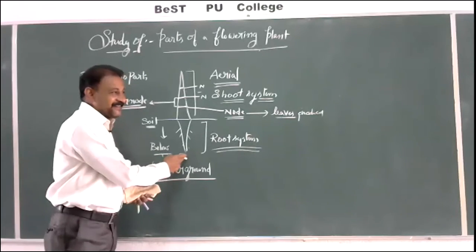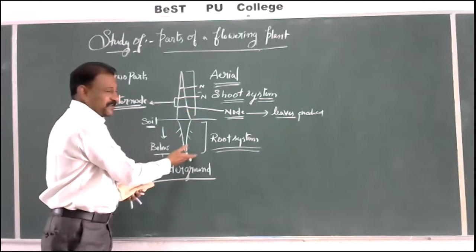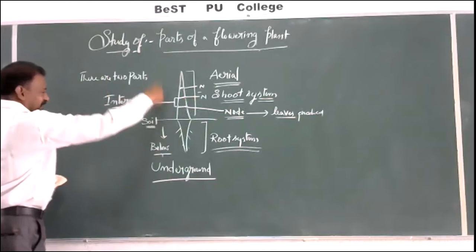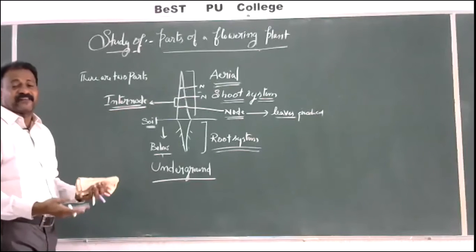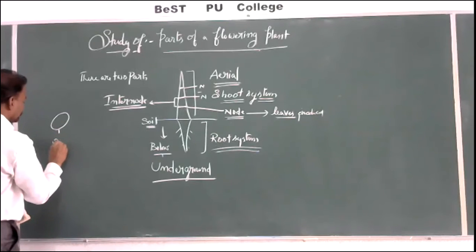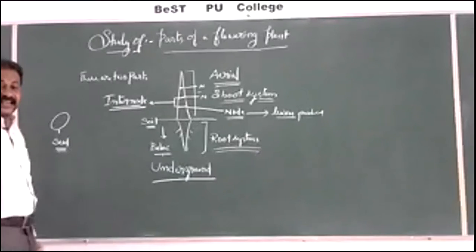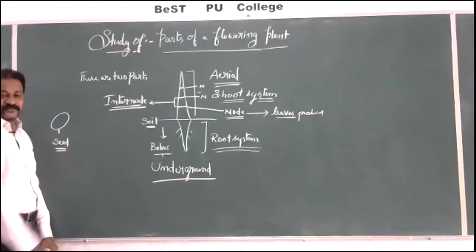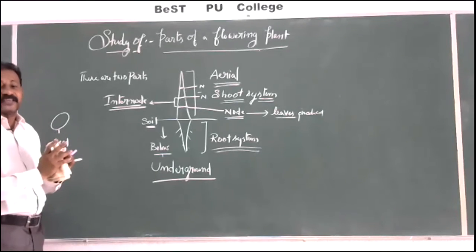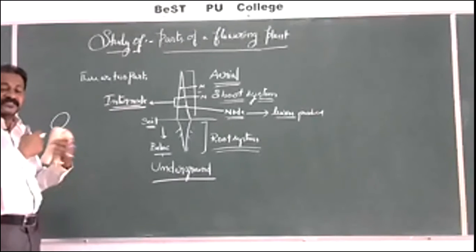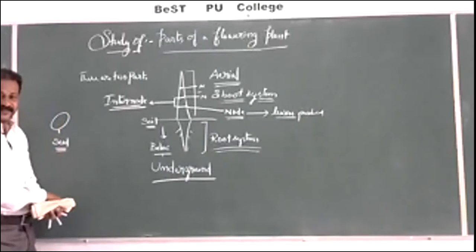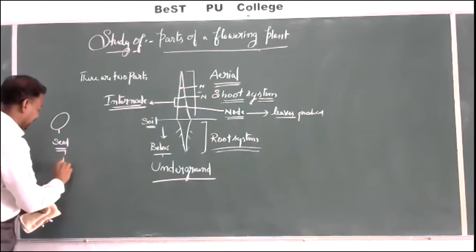So these are the terms we have to understand if we want to study root. See here, interestingly, we are not studying any morphology without root. First basic is root. Why, sir? Whenever a plant is formed, from which part will the plant form, how will plants grow? From the seed. What is seed? It is a product of reproduction. When two plants or two sexes join together and undergo reproduction, they form a zygote, and that zygote undergoes divisions to become an embryo, which is present in the form of a seed, and it is a dormant seed.